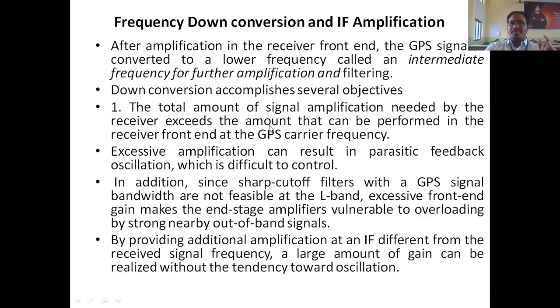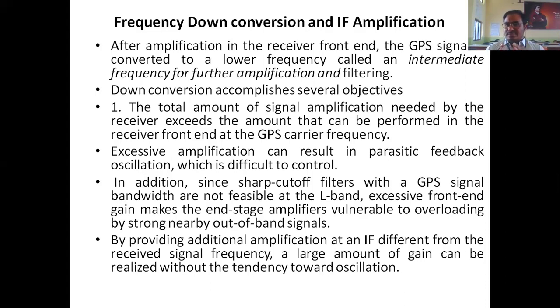The first one is that the total amount of signal amplification needed by the receiver exceeds the amount that can be performed in the receiver front end at the GPS carrier frequency. So the total amount of signal amplification needed by the receiver may be more than the front end can provide. Excessive amplification results in parasitic feedback oscillation sometimes. If you amplify it more, then it is difficult to control. If it is overdamped,